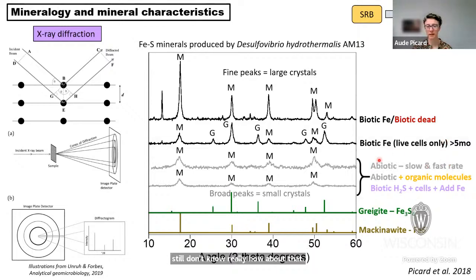So there's no greigite at all at any time. I looked up to several years. There's no greigite in all of these conditions. And so, as I said, we do everything in anoxic condition. Everything is comparable. So in all conditions, I can say that the live microbes, the originally live microbes, are doing something to produce greigite from mackinawite.